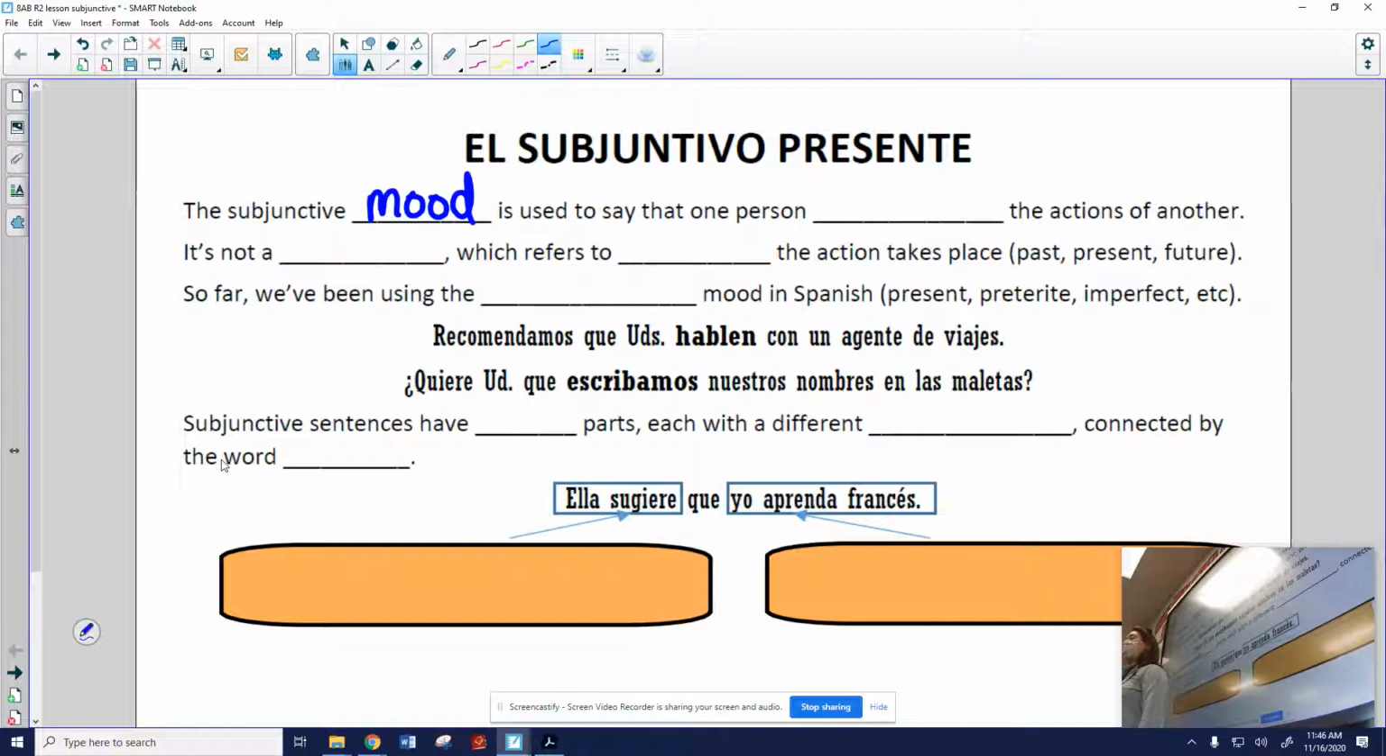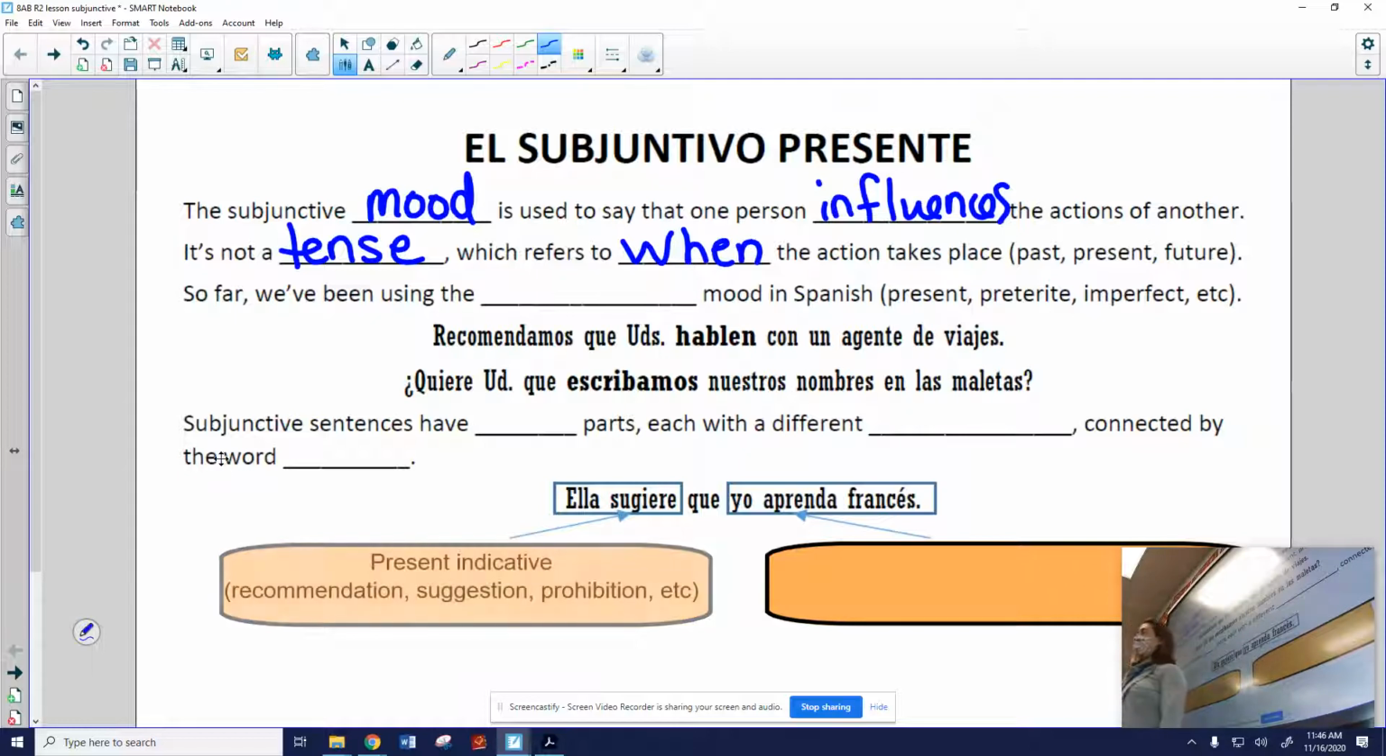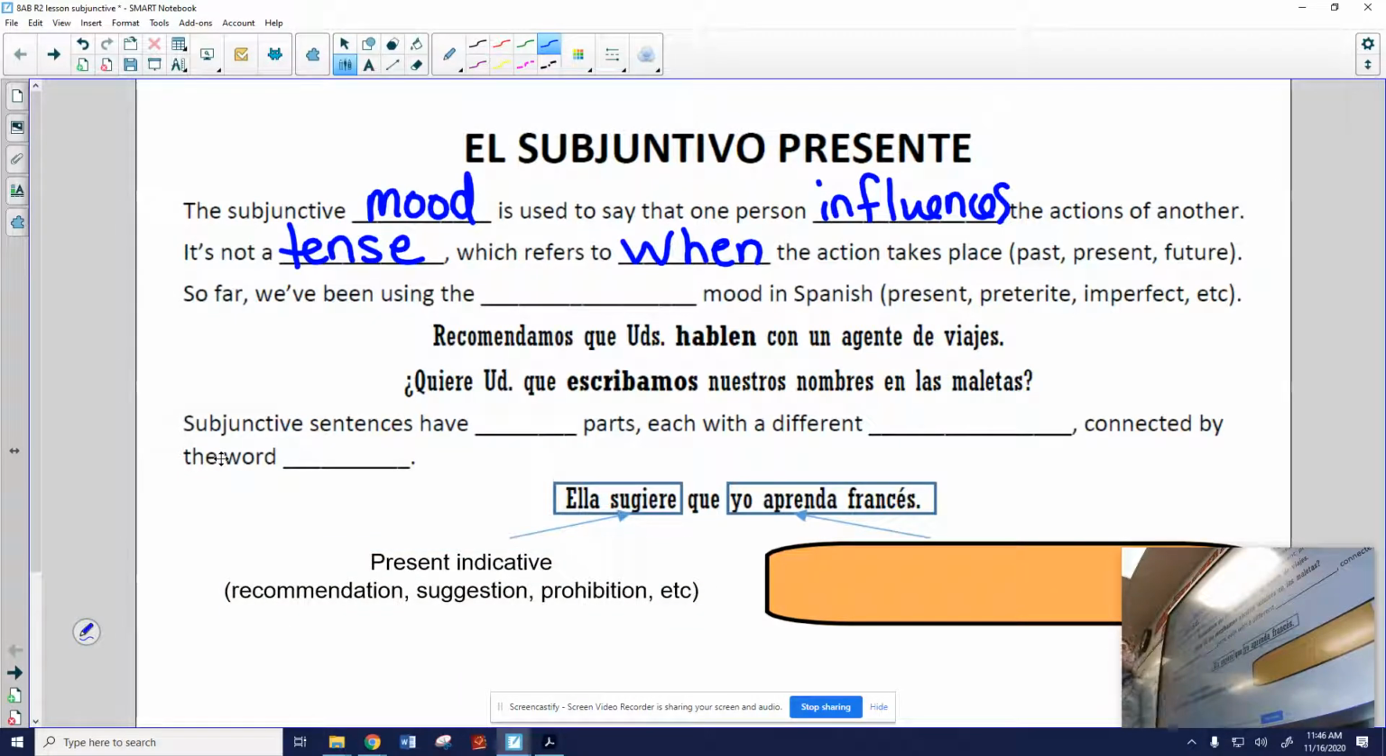The subjunctive mood. It's not a tense. It's used to say that one person influences the actions of another. It is not a tense, which refers to when an action takes place, like in the past, in the present, in the future. So far, we've been using the indicative mood in Spanish. So when we've learned the present tense, the preterite, the imperfect, the present progressive, the present perfect, we've been learning